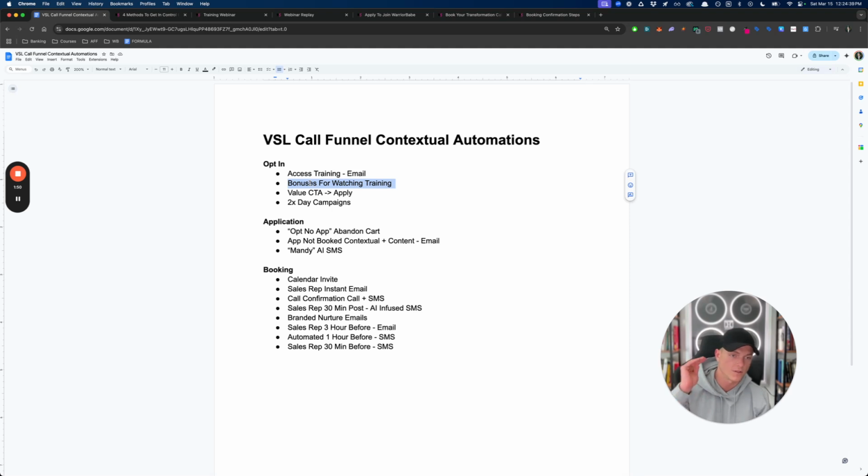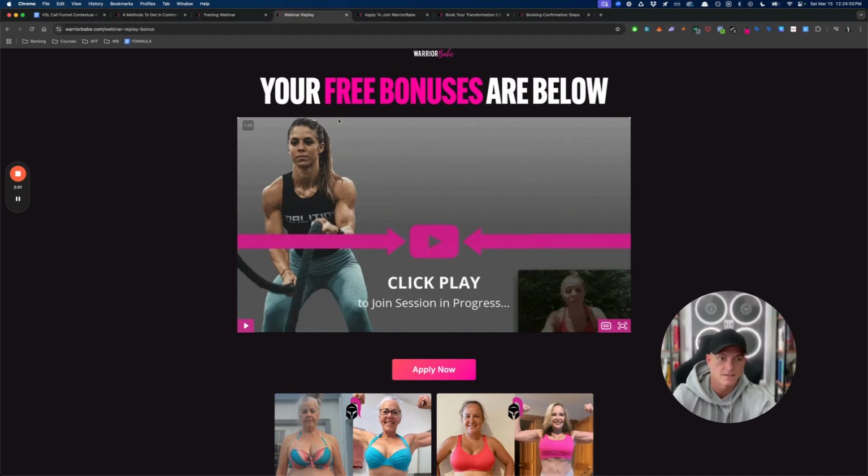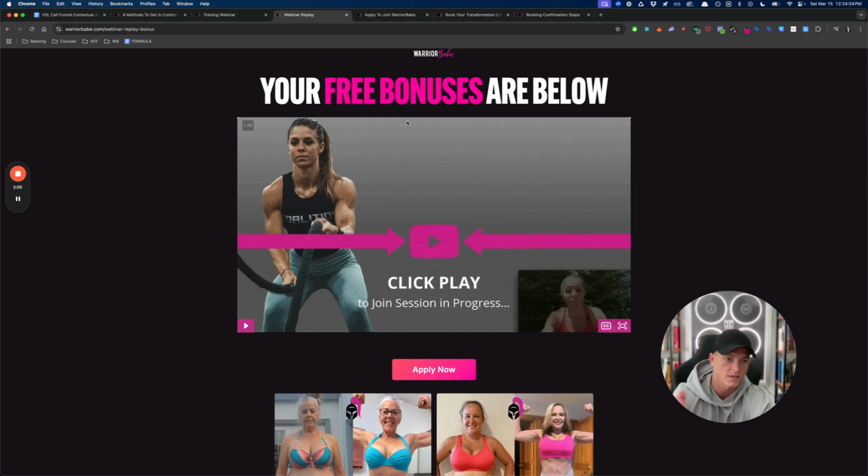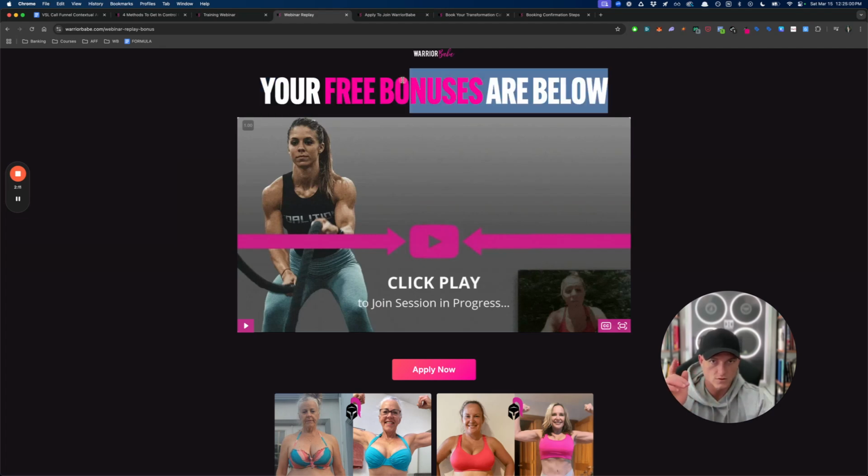It's hard coded to send at 25 or whatever the CTA timing of the video is, 25, 27 minutes, whatever. And it sends them bonuses via email. The page they go to for this is this, and this is important because instead of just sending them an email that says, here's your bonus, and they click on it, we send them to this page. Because we offer, I believe, 4 different bonuses at this time, they will go to this page and